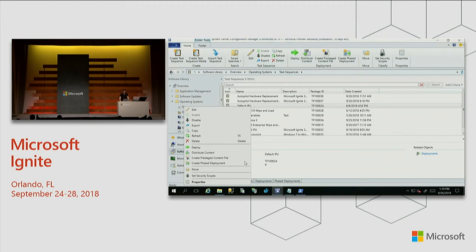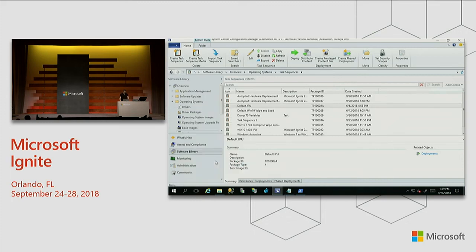So we support it on a number of features, but I'm going to use operating system deployment. We also support it on Windows updates. So if I go in and create phased deployment,